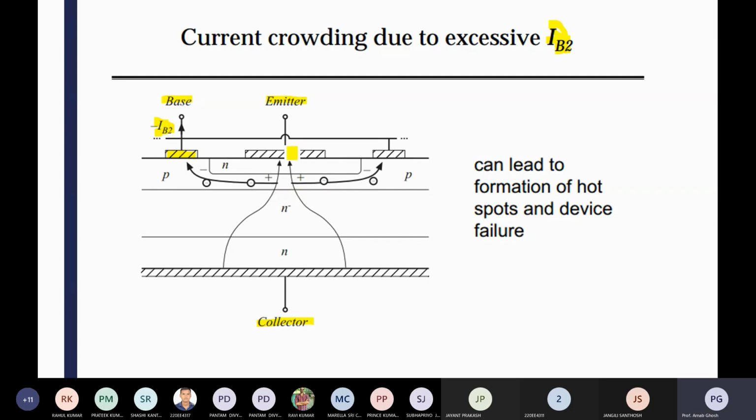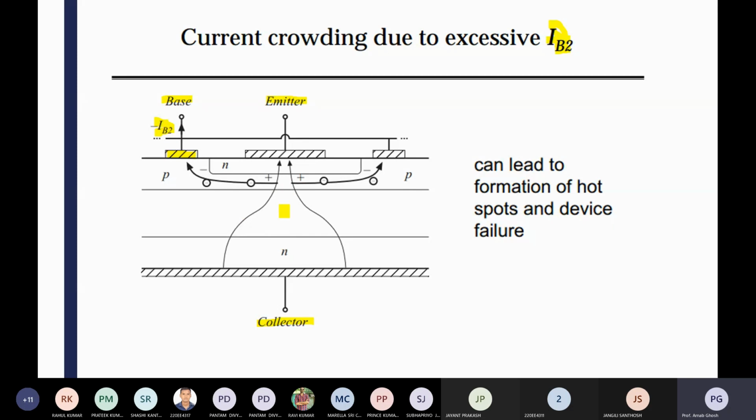If you increase the value of current, minority charges will come from here and that portion will be evacuated. That evacuated portion will be taken up by the charge coming from the collector. You can see that charge is flowing from emitter to collector, so the current is flowing from collector to emitter. So that is the basic operation.